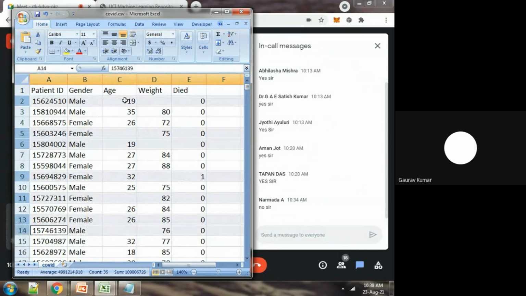Now you can see that if I delete these records which have some missing value, somebody did not mention their age, somebody did not mention their weight, somebody did not mention any other attribute, then how do we take this particular data set for training? Definitely, we can't remove 70% of the records in this data set. We can't delete so many records, because after deleting them, this data set will be of no use. So we have to work on imputation,